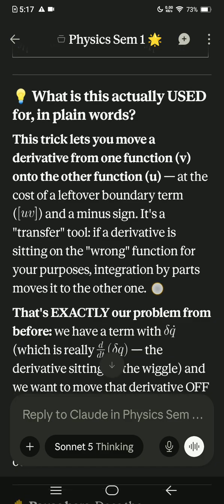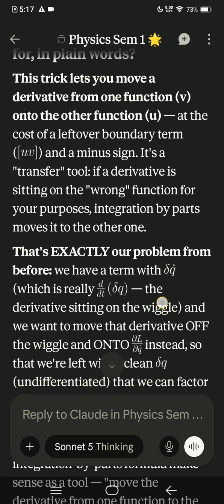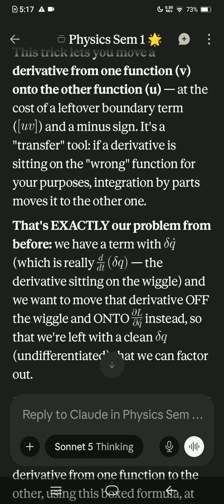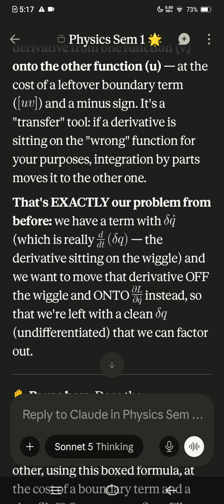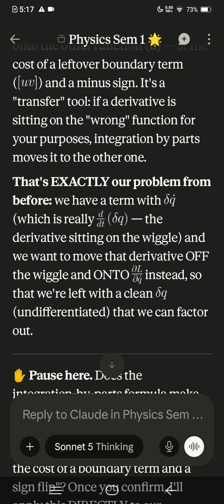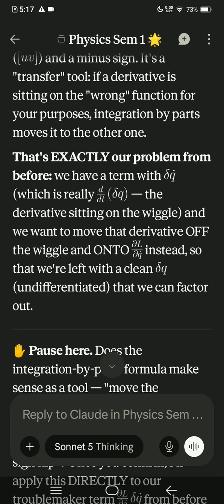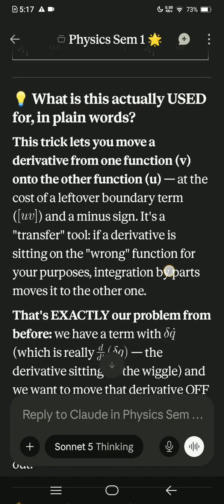If a derivative is sitting on the wrong function, for your purpose the integration by parts moves it to the other one. That's exactly our problem from before. We have a term with dq dot, which is literally d by dt of dq, the derivative sitting on the wiggle, and we want to move that derivative off the wiggle onto dl by dq dot instead, so that we are left with a clean dq undifferentiated, that we can factor out. Okay,